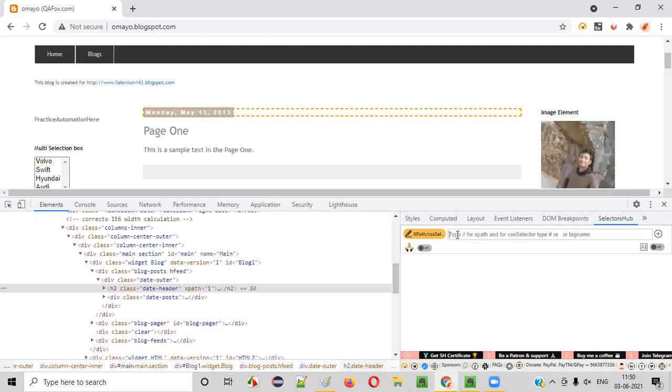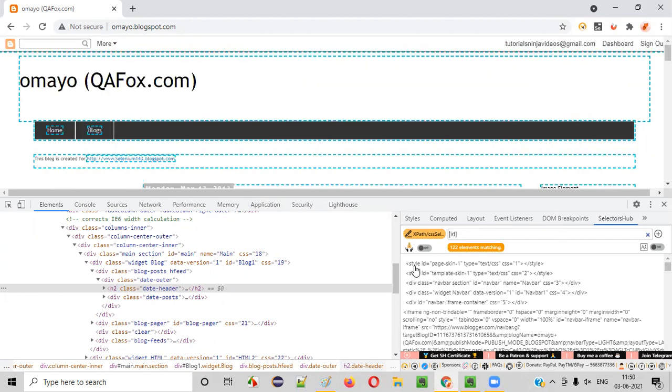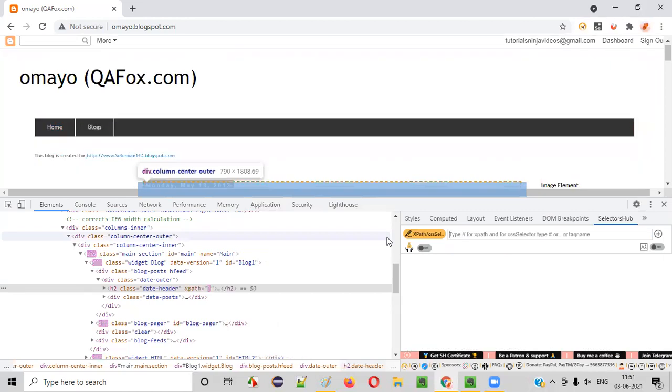Having the id as attribute, only the attribute name they are giving. Like this, you have to write. They are not giving the value of the id attribute, or the tag name. You see, style having the id, value doesn't matter, tag doesn't matter. Here id is template skin, tag is style, it doesn't matter. Div id is navbar. Okay, id value and tag name don't matter. Here we are locating only with the help of the id attribute for that particular element. 122 elements are on this page which are having the id attribute.